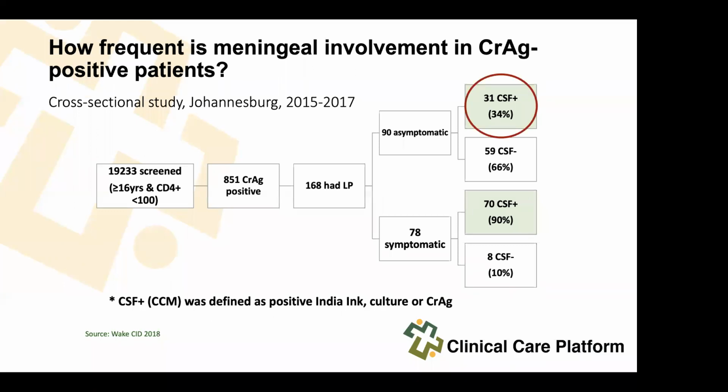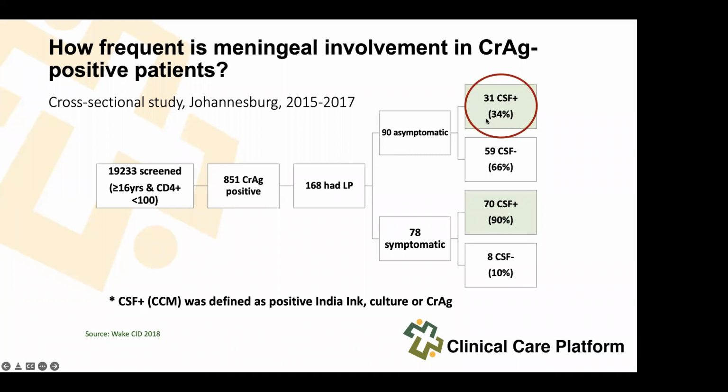Another key change is this one based on these similar studies as this. This is from Johannesburg, where they looked at patients with low CD4 counts who had a positive crack, where a lumbar puncture was done. And what you see, very important there, is that a lumbar puncture was done in 90 patients who did not have symptoms. Remember, the old protocol would have said, only do a lumbar puncture if the patient is symptomatic, right? But now we are saying there is a proportion, around 34% of patients who were asymptomatic, who had a positive crack, where we could have just treated with fluconazole only in the previous protocol, right?